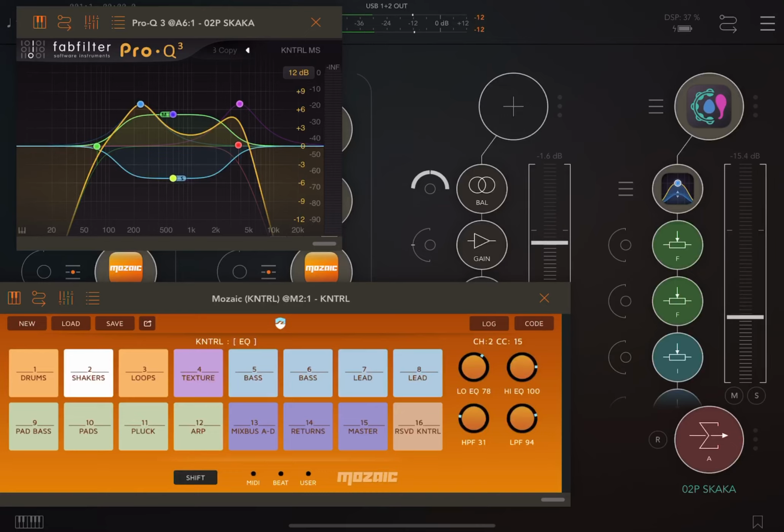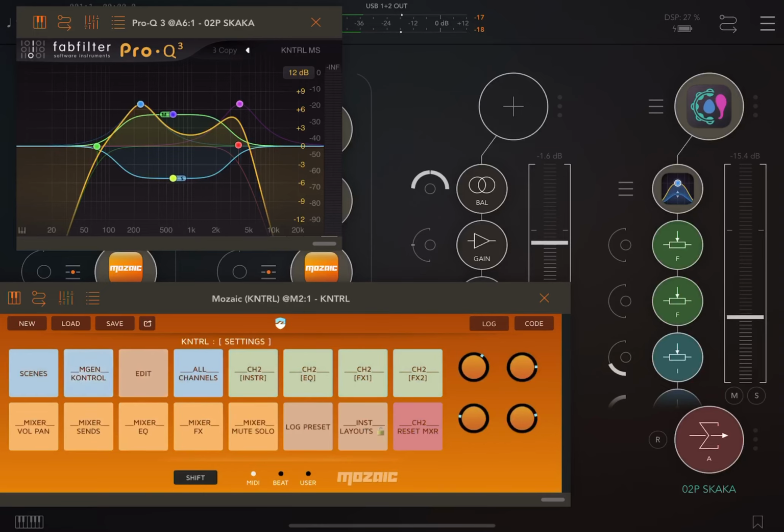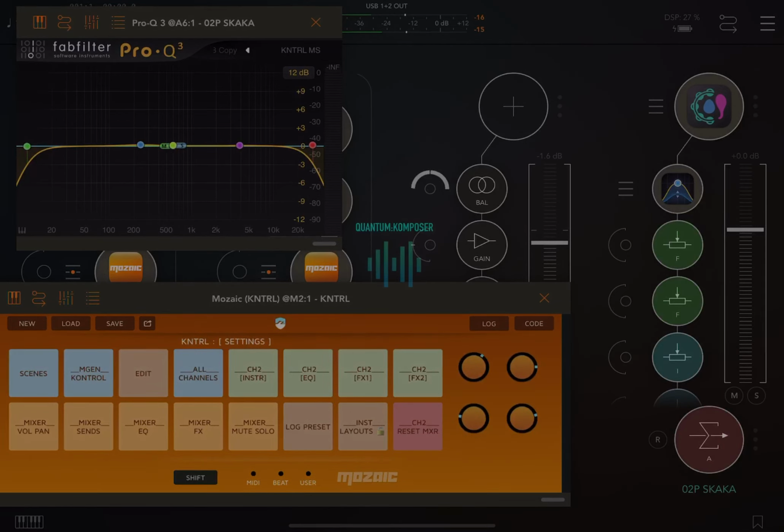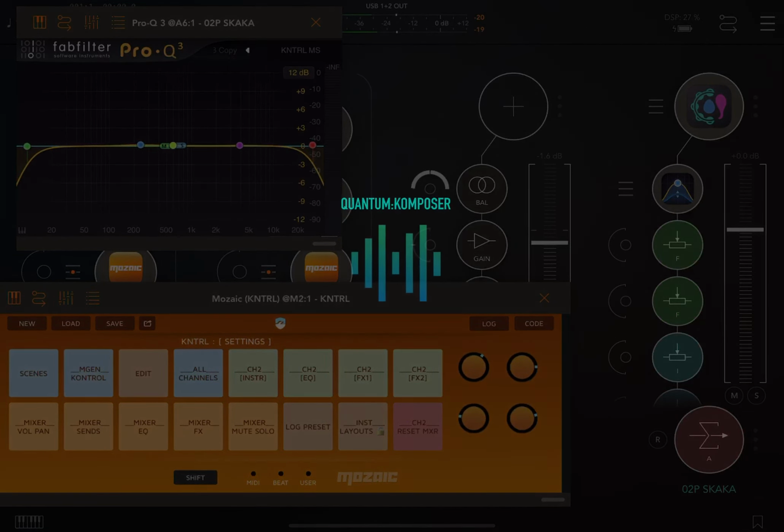And again, if I get things a bit out of whack, I just press the reset channel mixer button and confirm, and everything gets reset back to its default values. So once you have a set of channel strips stored in a session, it's easy to import them and get going with full MIDI control